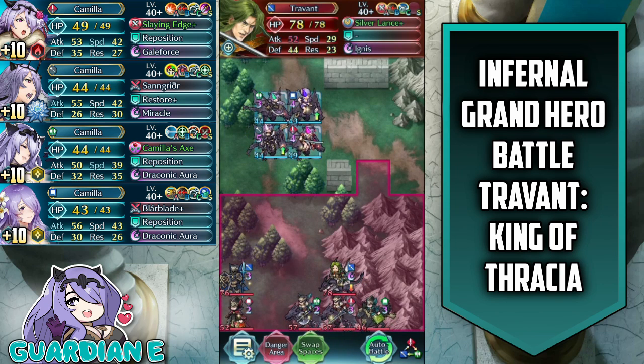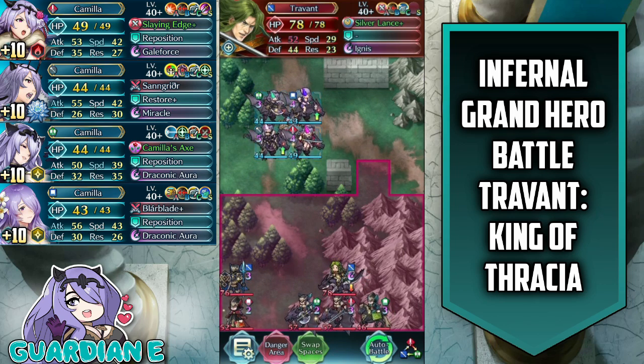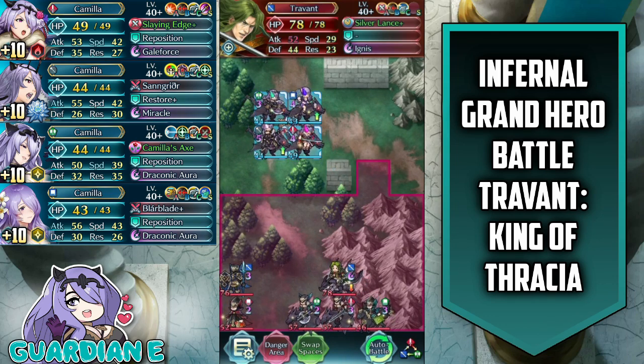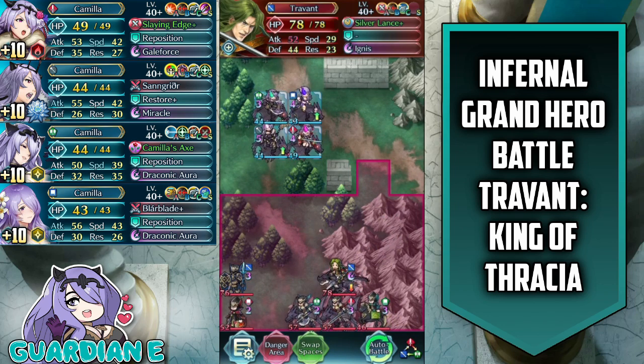Hey everyone, GuardianE here with another Camilla Emblem clear video in Fire Emblem Heroes, today taking on Travant, King of Thracia in his very own Grand Hero battle on Infernal difficulty. The map itself features some unique movement-based obstacles such as the forested areas, the wall right here, as well as the mountainous areas off to the right-hand side, and obviously flyers are going to have the advantage here, which makes